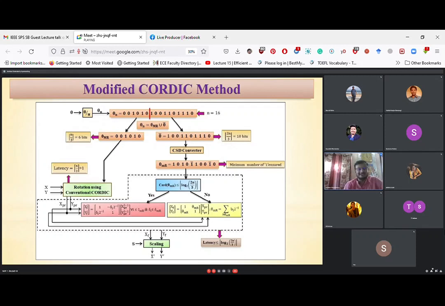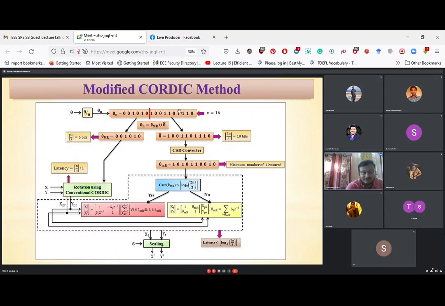Suppose the angle is 78. The MSB bits will give you up to 64, and from 64 to 78, that value of 14 is represented by these LSBs. If we apply approximation to these LSBs, it will not matter a lot.